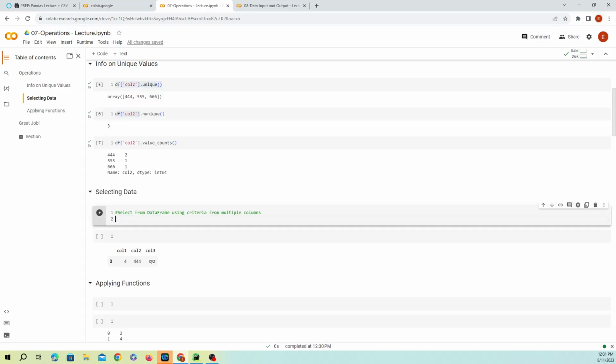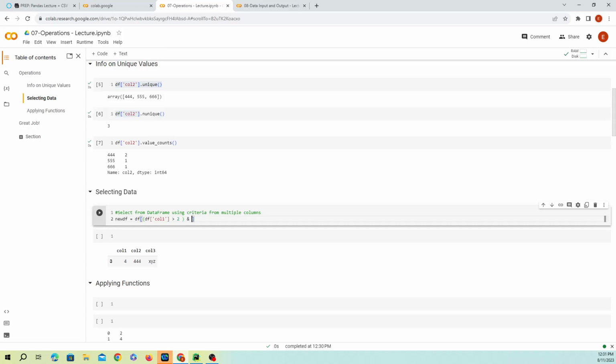And then we can do select. We can select special values from your DataFrame. So we can do new_df equals df. So this is my DataFrame, and what I'm going to do is apply some conditional statements on my DataFrame. And so that will be column 1. Oops, column 1. I'll do column 1 greater than 2. So I'm going to look for all the values in my column 1 whose values are greater than 2,